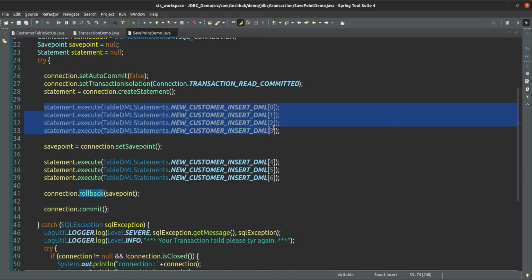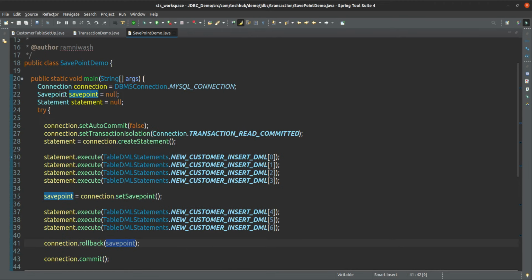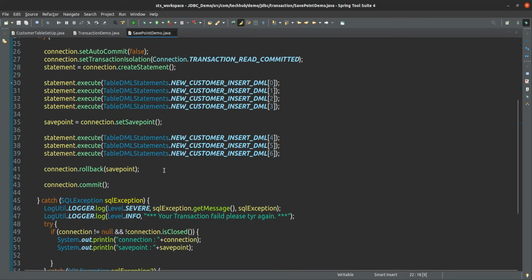These 4 records we added. After that, I set some save point. I have saved one save point, and this save point tells that I can roll back till this save point, and these many records will be saved only. The rest will be discarded if I do a rollback. If I don't do rollback, I directly commit, then all will be committed. But if there is a chance I can roll back to this point, at that time I can specify this save point in the rollback. Okay, so this is the use of save point.